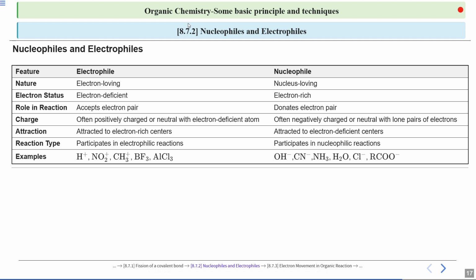So if it is electron loving, it will be attracted to electron rich centers, obviously, and the nucleophiles will be attracted to the electron deficient centers. Next, what is the reaction type? The electrophiles take part in electrophilic reactions. It's very simple to understand. If the electrophiles are reacting, they will do electrophilic reaction, and if the nucleophile attacks, then a nucleophilic reaction